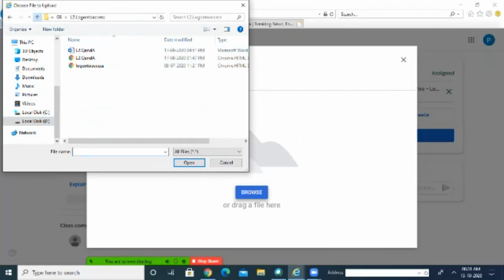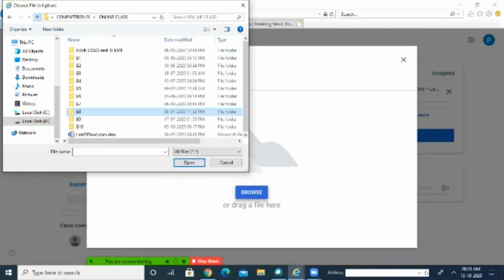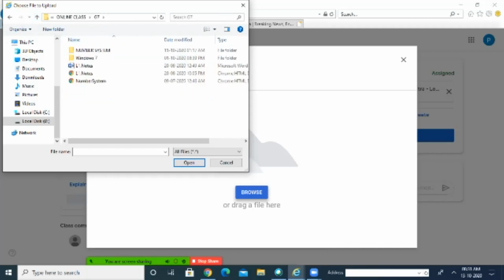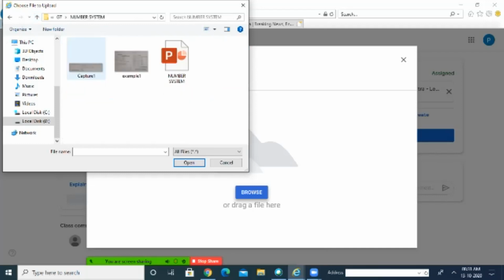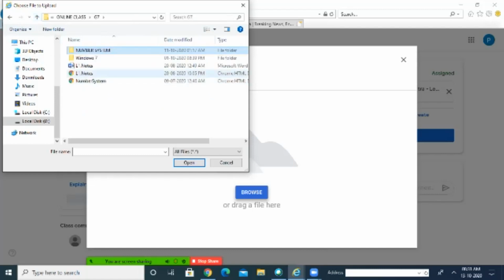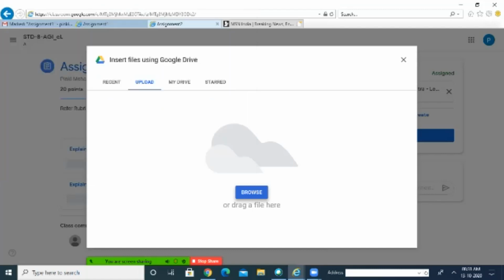Already I have taken this one. So let us take another one. One minute, let me check. Okay, one more I am taking from here. Okay, suppose this one I am taking. Open.